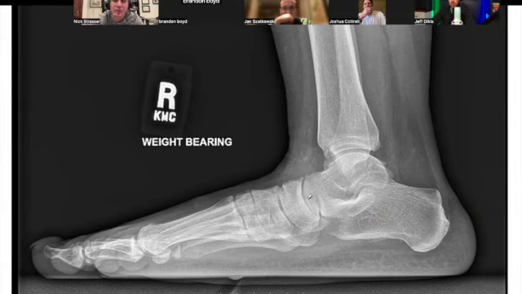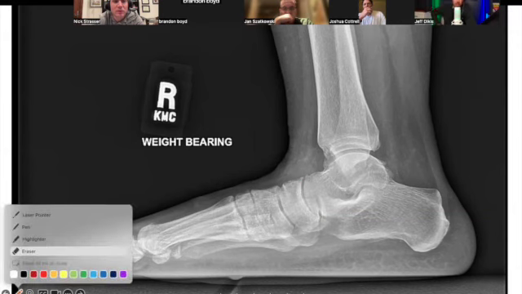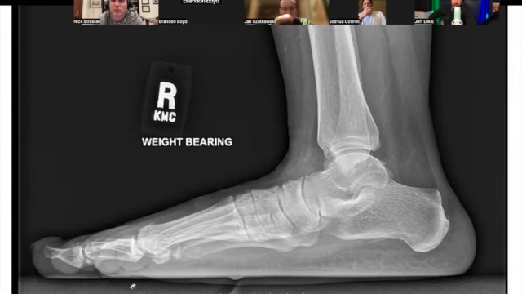How does the talonavicular and NC joint influence your decision making when it comes to talking about surgical intervention? I think I'm much more likely to jump to some sort of, well, it depends on a few things. If I can mobilize the deformity, if it tends to be more rigid, I'm going to jump to more of a fusion status. But if there is that midfoot fault, then I know that I may have to jump to doing something more along the lines of an Evans or a Cotton to try to correct some of that sagittal plane deformity